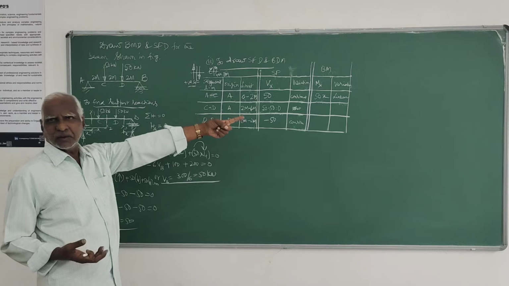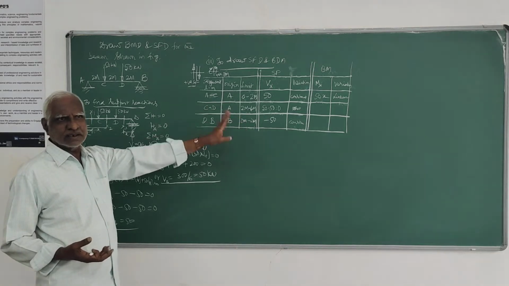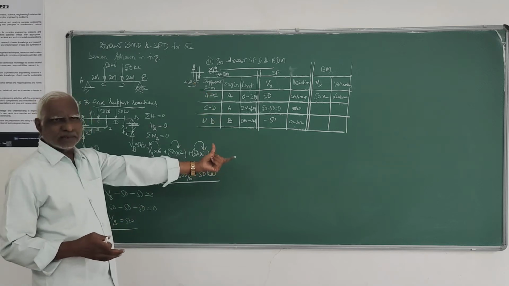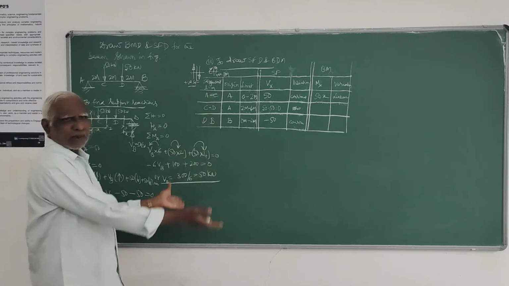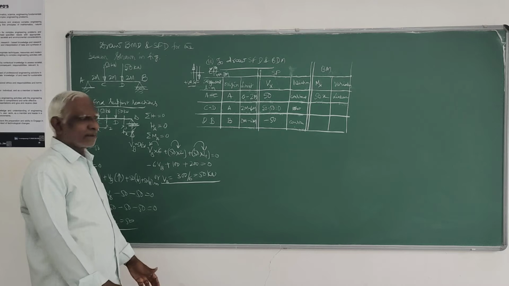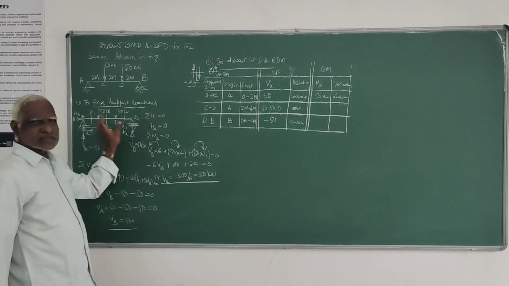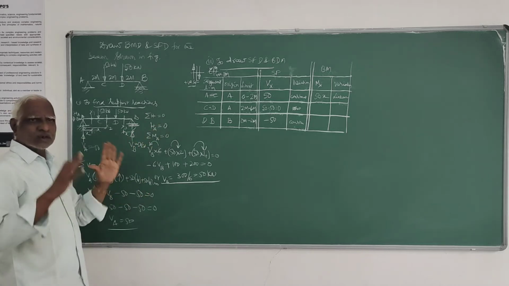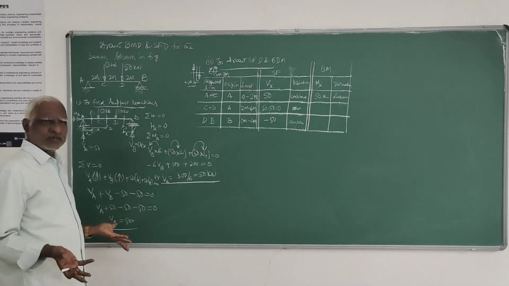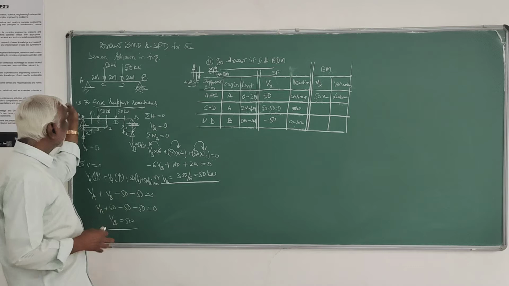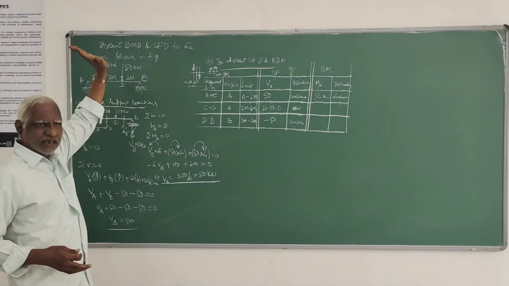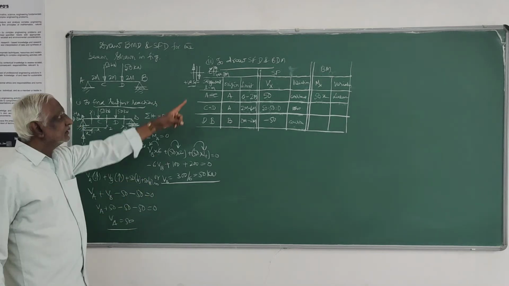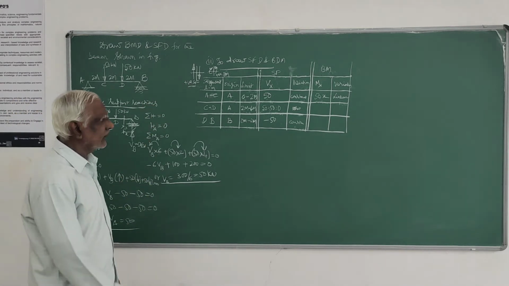So for drawing the bending moment diagram, that particular thing will give you a clue. You can prepare the table like this and plot the shear force and bending moment diagram all along the length for the AC, CD and DB portions. So this procedure you can follow. That is easy for any amount of load, any type of load. So you can easily draw the shear force and bending moment diagram.